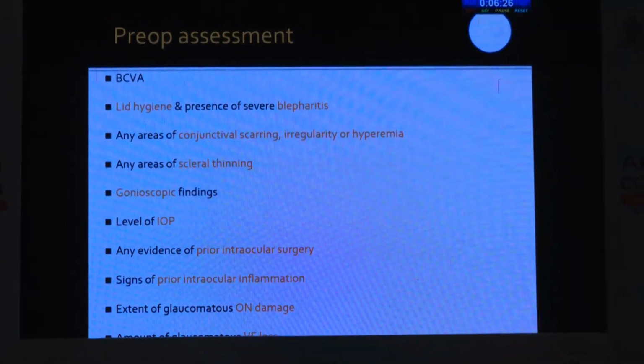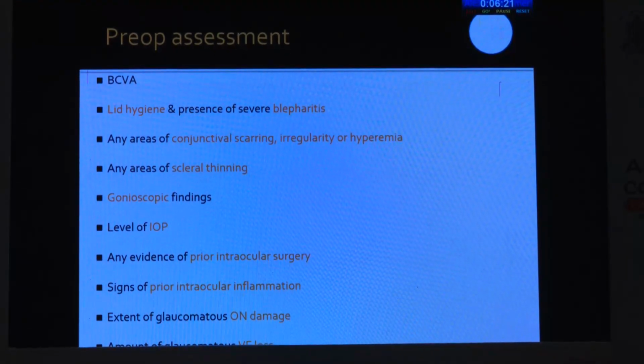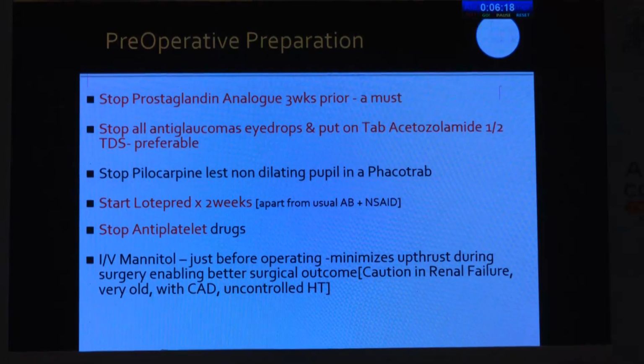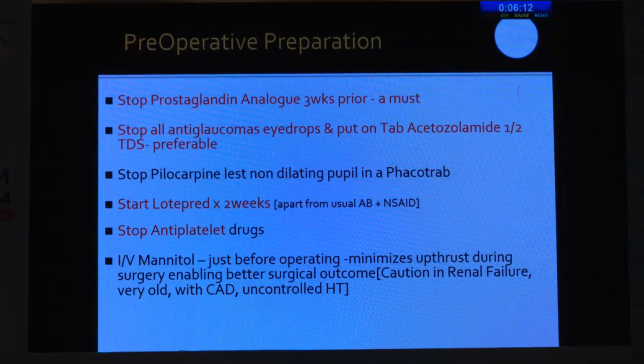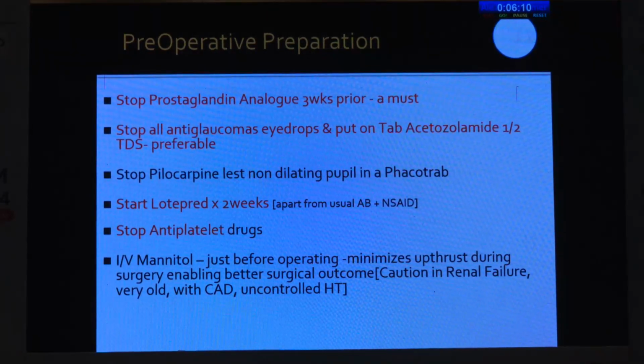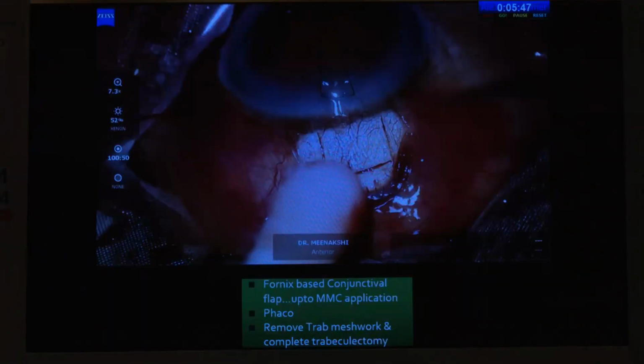assessment. In the preoperative, we should see whether there is any blepharitis, any scarring, whether there is any scleral thinning, how advanced is the glaucoma. And also, we should stop the prostaglandin analogs 3 weeks prior to the surgery. If possible, if it is the first eye being operated, try to shift them to oral acetazolamide for a week or so, half TDS. Stop pilocarpine, and also start Lotepred 2 weeks prior so that one has a less inflamed eye. Stop antiplatelets, of course, and if need be, give mannitol during the surgery. Surgical dilemmas are many, and hence we try